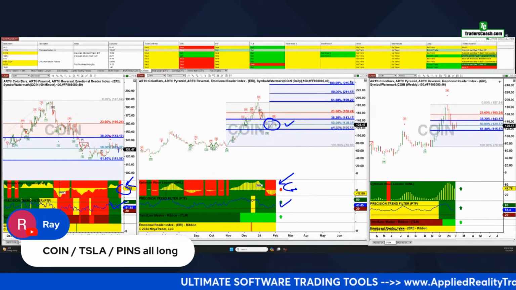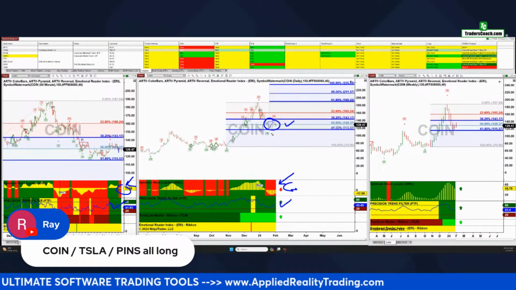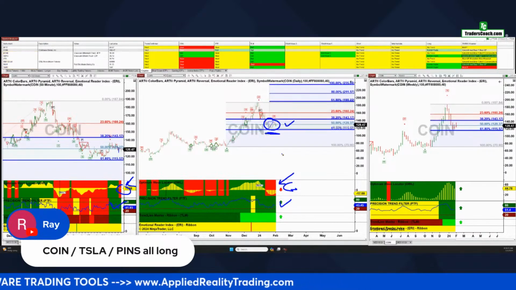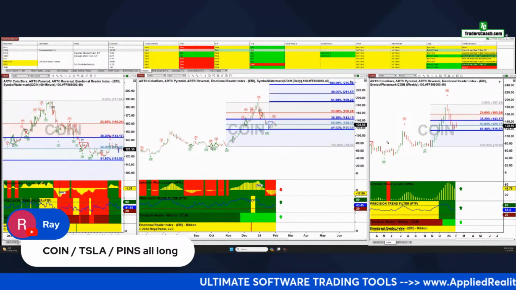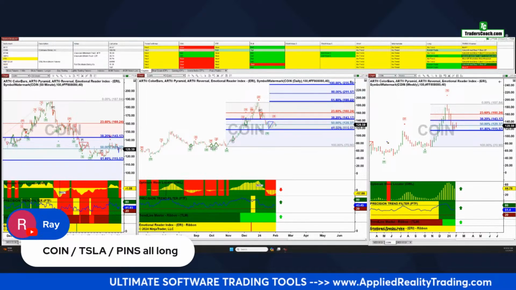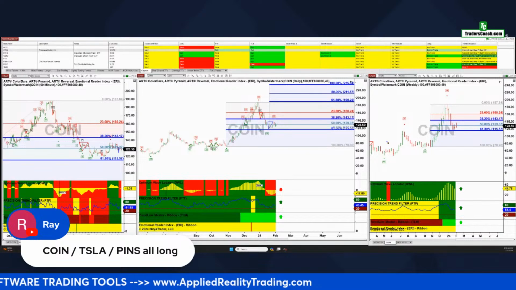If you're in it and your stop is keeping you in it so far, you've got to make sure your stop is under this area here. All right, so make sure your stop is well below the 115.57 mark at this point, just in case you get a little bit more of a deeper dive on this correction. But yeah, I'm liking it as soon as this correction is over, without a doubt.